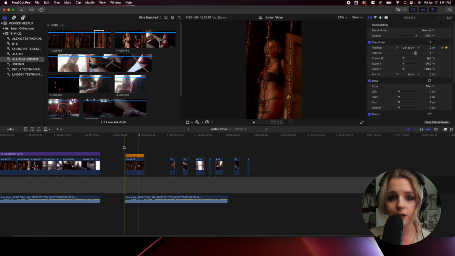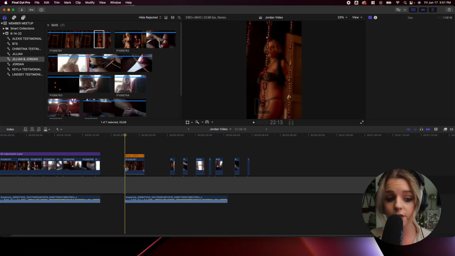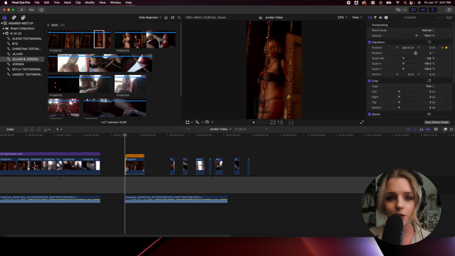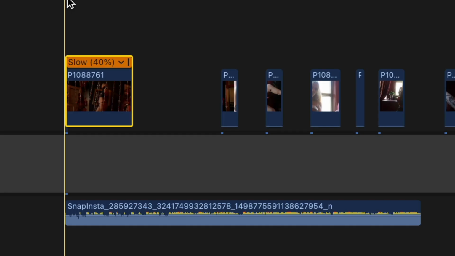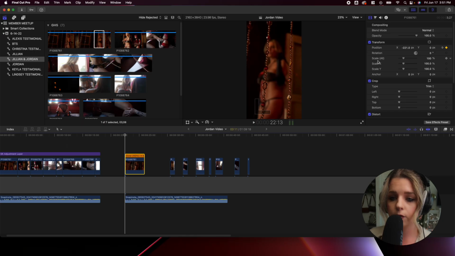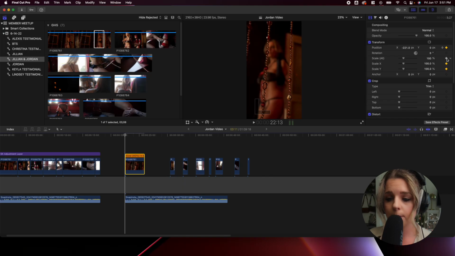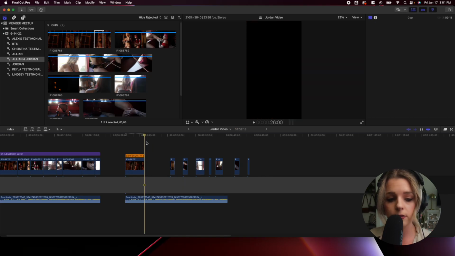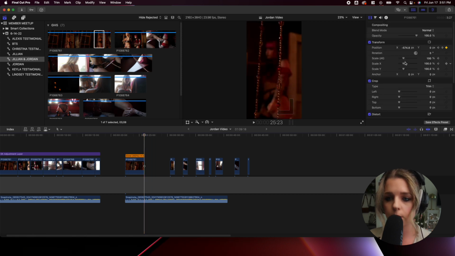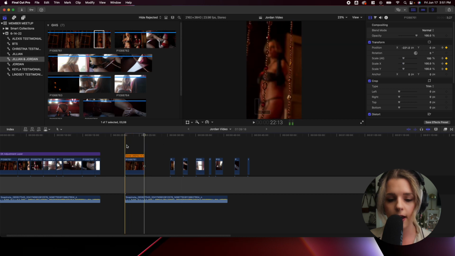It's a very subtle difference, but you can see that both models end up in the middle of the shot. Also, to add a little bit of dimension into this clip, I am going to make a keyframe on my scale. So I'm going to make sure that my playhead here is at the very beginning of my clip. I'm going to go over here to the transform section and go to scale and make sure that my keyframe is selected. And then I go right back to the very ending of my clip, press the back arrow key so I can see what's going on, press this again, and then zoom in. And this is what I have.